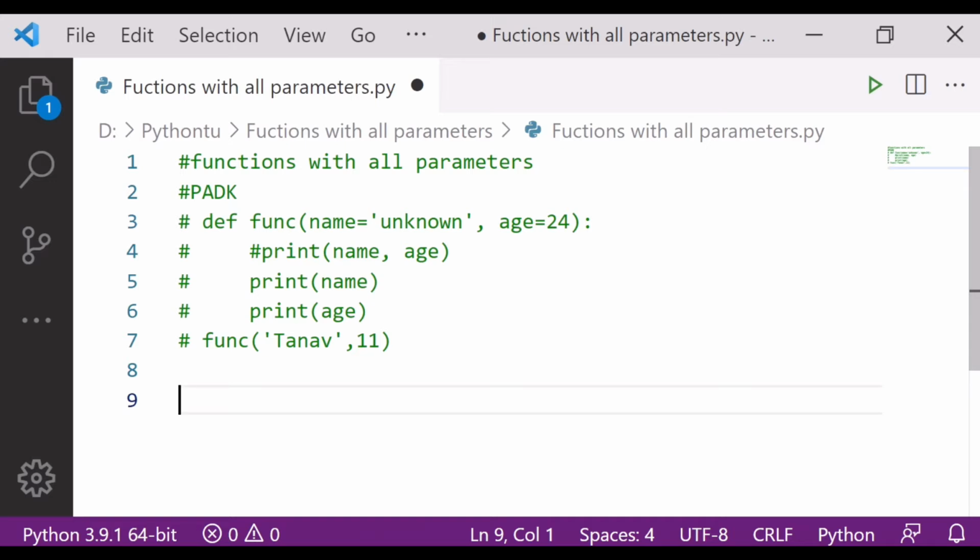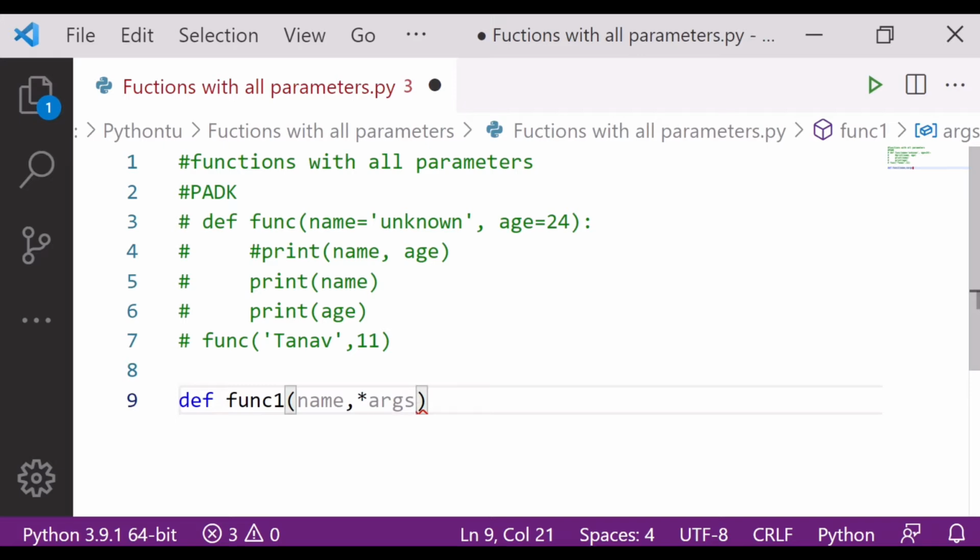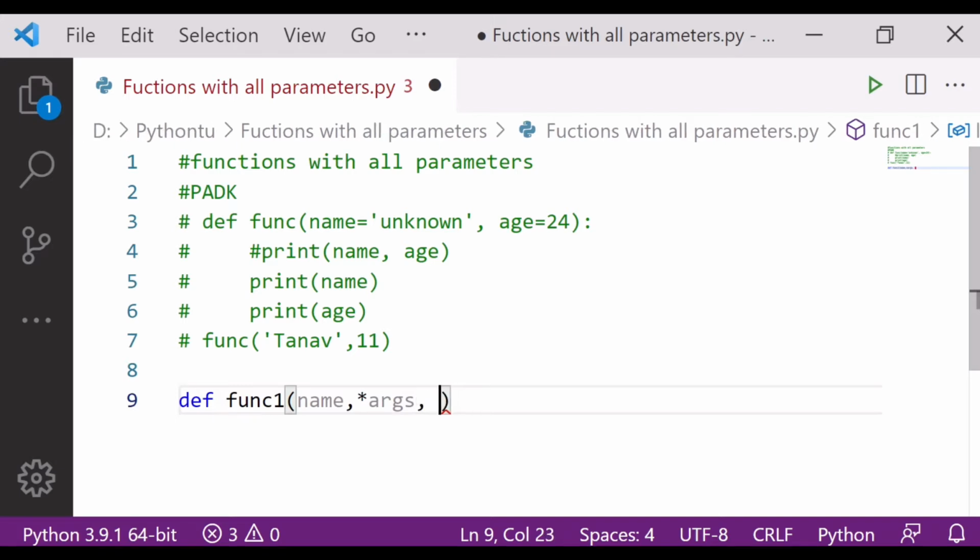Great. Now let's have another example, where we have to take care of the order while defining the function and while mentioning the parameters in the braces. So let's define. I'm writing here def function1. Then after that I'm writing the order here: name, then star. We know that star is very important for defining the args. Then after that I'm writing here